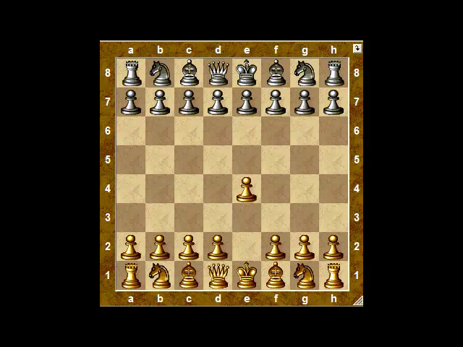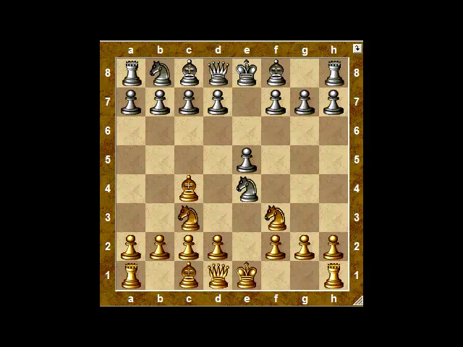Let's remember the starting moves. e4, e5, bishop c4, knight f6. Now we bring our knight out to f3, offering up the e-pawn, and then we offer a trade of knights that black usually accepts. Now black has to do something about his pawn at